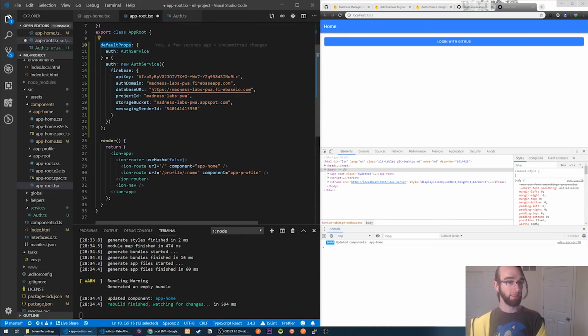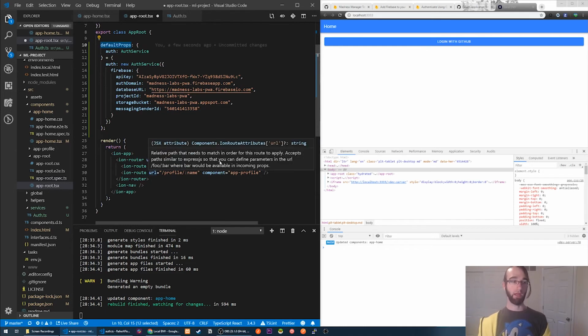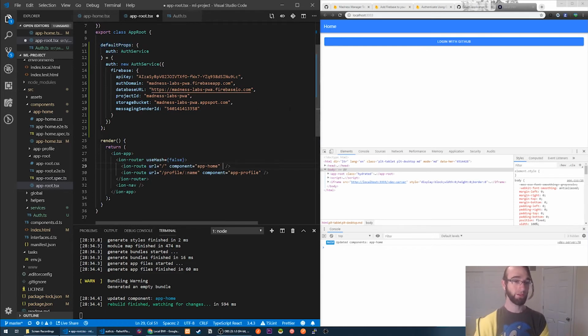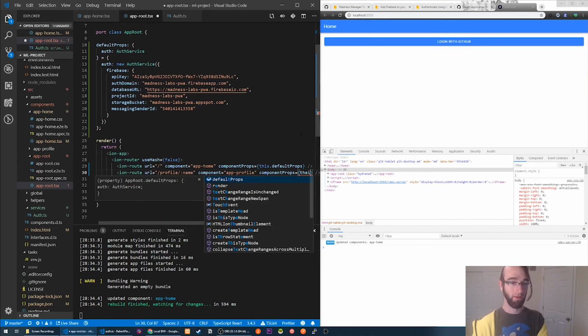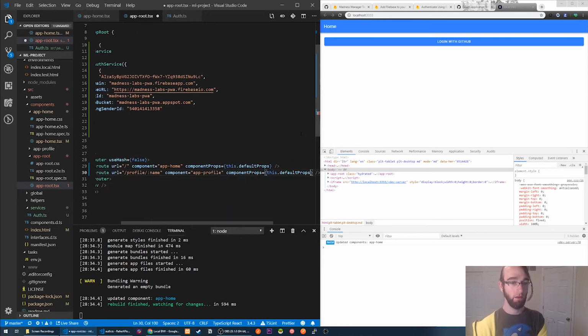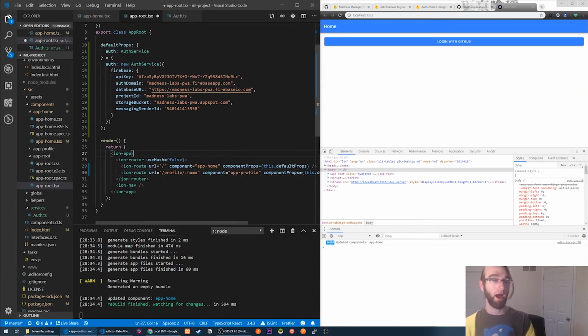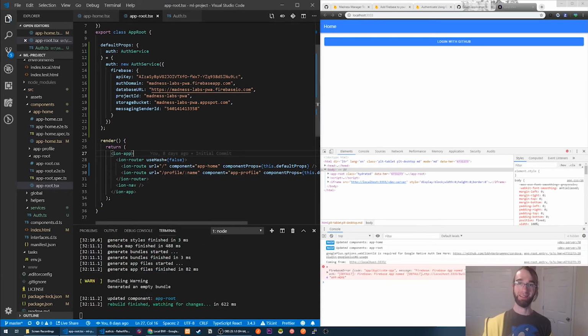And then what we can do is in our router, so if you're using Stencil router or Ion router, either one, we can pass through component props, and we'll set this equal to this.defaultProps. Remember our default props are an object, and it's going to include our auth service. So this is going to allow us to pass our this.defaultProps